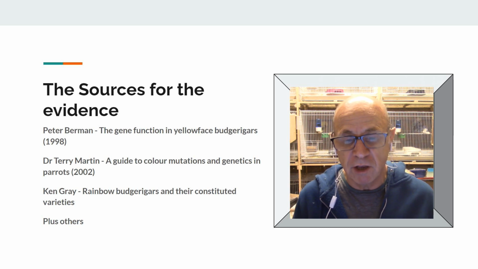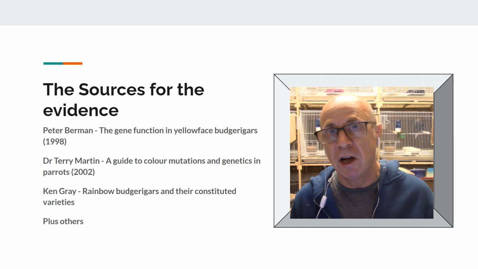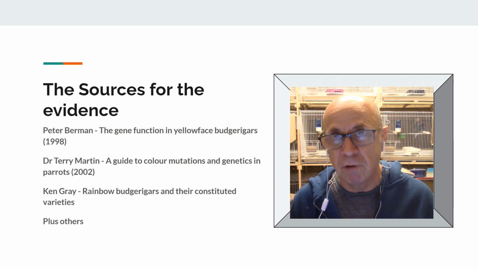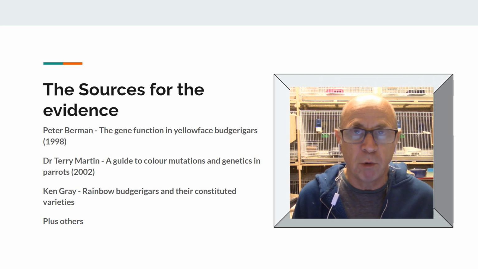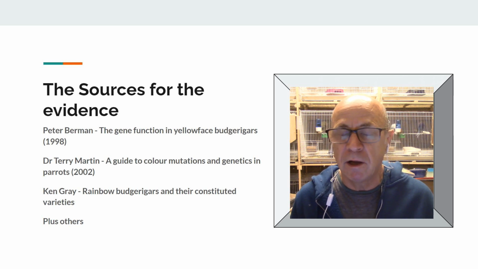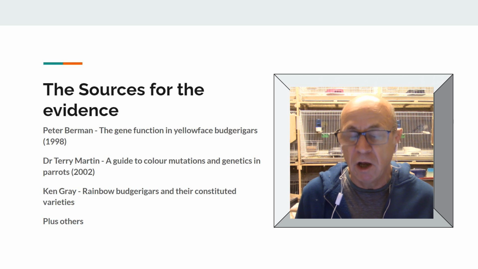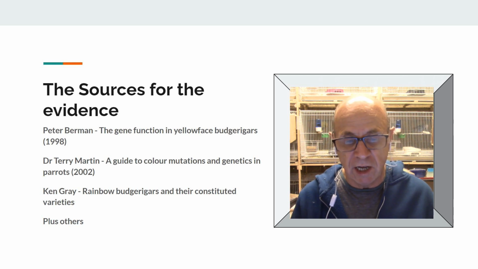It's a guide to colour mutations in genetics and parrots, and is dated 2002. Like I say, a really, really good book. And the final source that I will refer to quite a lot is Ken Gray's book, Rainbow Budgerigars and their